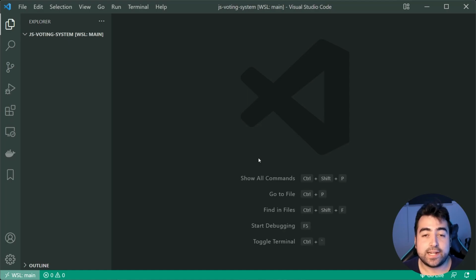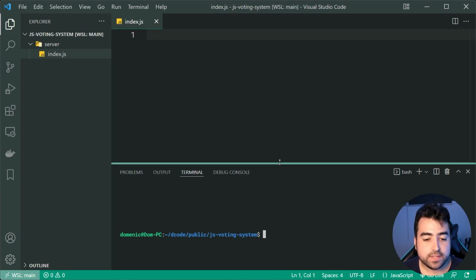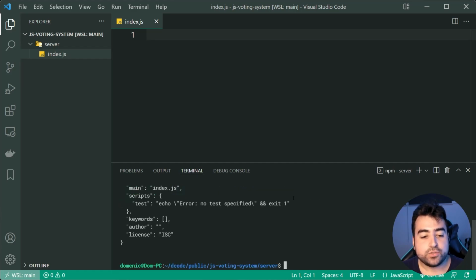All right, so we're going to start on the server side. Okay, so I've got this directory right here called JS voting system. So we can make a new directory inside here called server. So everything related to the server side API is going to be inside this directory. So now we can create a new file called index.js for the main JavaScript entry point, and inside the terminal right here, we can simply cd into the server directory,